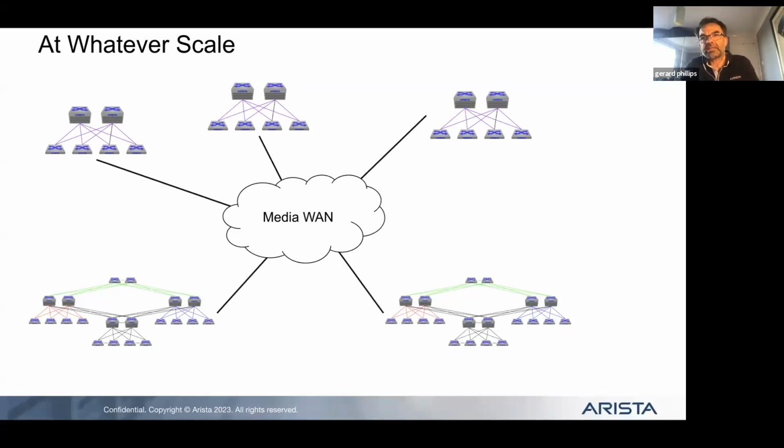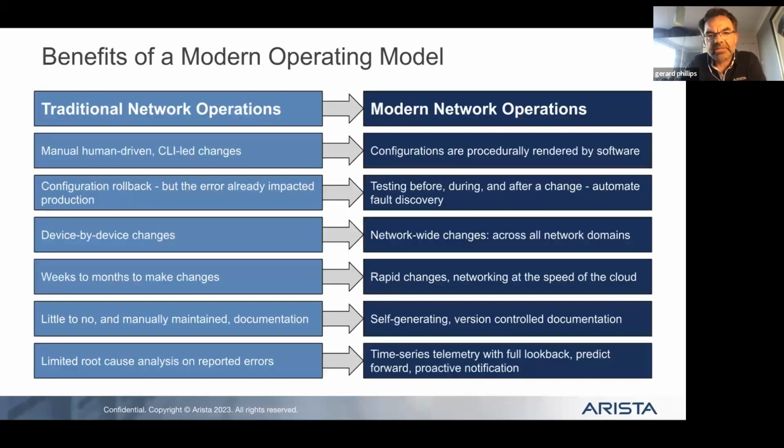So let's have a little look at what we see as the modern operating model. The changes we're making as we move to automation are, I don't want to read through all of these, they're pretty obvious. We want to remove human error. We want to move to automation. Machines don't make errors. They do the same thing repeatedly. So as long as you tell them to do the right thing, they'll do the right thing repeatedly.